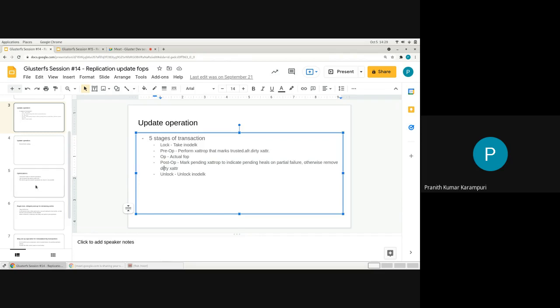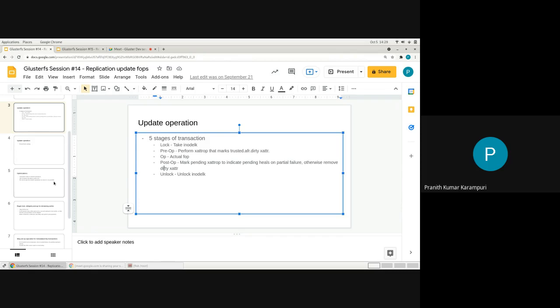In case of write operations, it is not easy to find out whether the files are in a consistent state or not just by looking at that file. A stat operation or a single network operation will not tell you whether everything is fine or not.